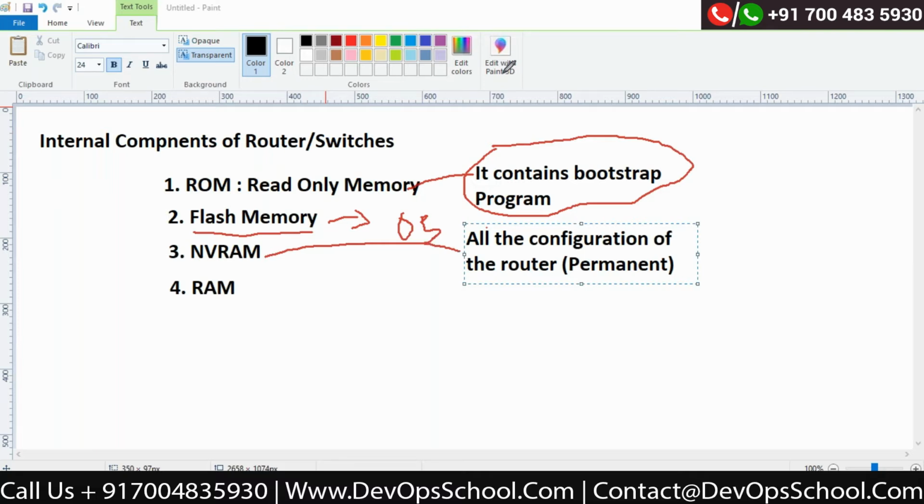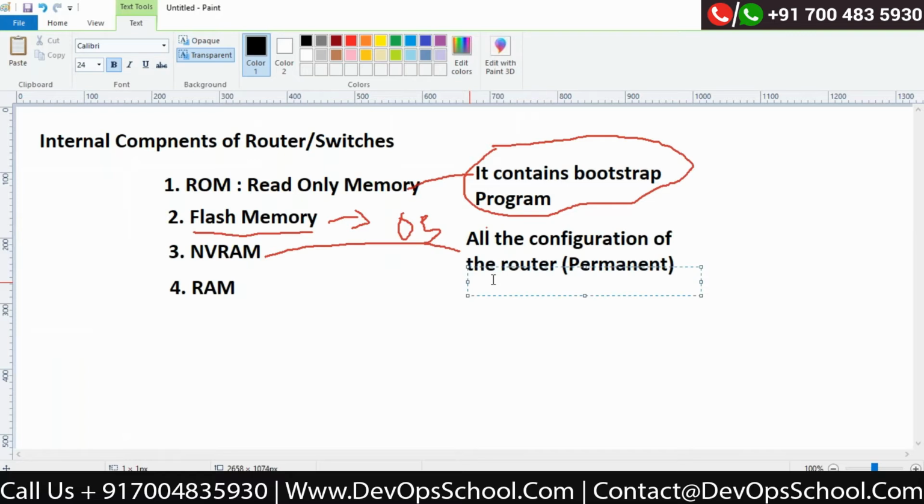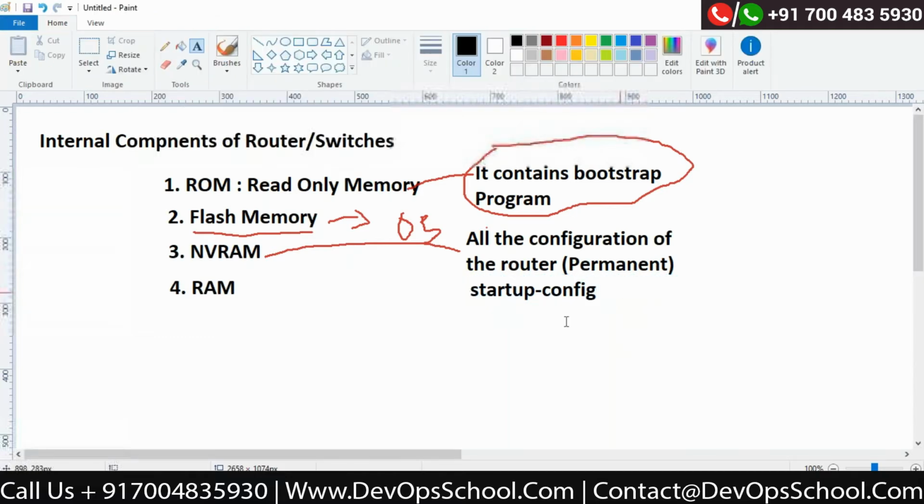Correct? Sometime when we actually start configuring, there is a concept which we are going to see that is called startup config. This NVRAM can be used by another name called startup config. So startup config is nothing but your NVRAM. Whatever you can see under startup config, that means you are accessing your NVRAM and all the permanent configuration of your